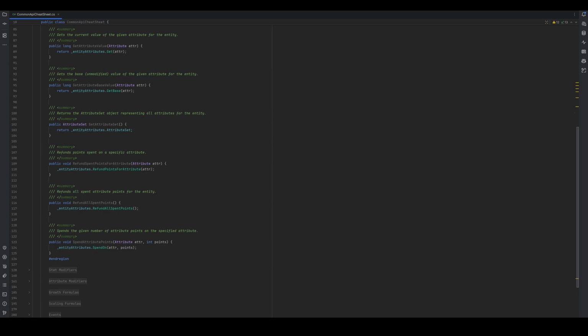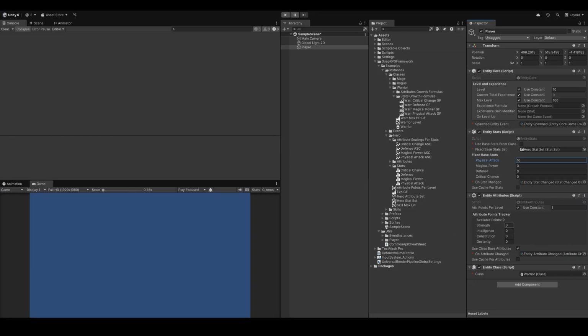And there are some methods that you can always use on entity attributes. For example, the most important one, I would say, is spend on. That is the method that you will be invoking when you want to spend a point on a certain attribute. So you can either do this from the inspector, but this is useful mainly for testing purposes, but